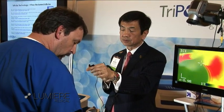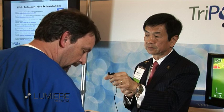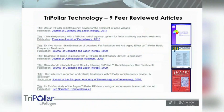Have you guys used it for acne? Absolutely. It works great on acne, and it works great on acne on adults also. Yeah. And you're correct. It's just drying up those sebaceous glands to a point where they're not nearly as active. Yeah. Very happy patients. If you look at some of these other peer-reviewed articles, there's peer-reviewed articles on arm reduction,